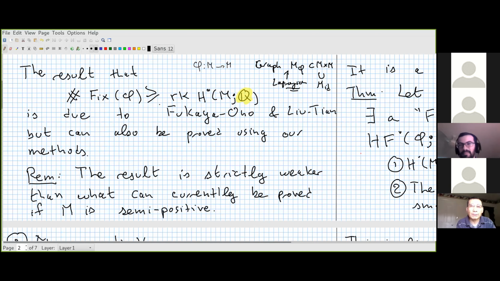Okay, that's the problem. Excuse me, is a Hamiltonian diffeomorphism the same as a symplectomorphism, or is it a different thing? It's the same as a symplectomorphism if M is simply connected, or if H1 of M is 0. Otherwise, it's a little bit different. It's like the difference between a function and a closed one-form. You can associate to a general symplectomorphism isotopic to the identity a closed one-form, and you want that one-form to be exact. And if that's the case, then it's Hamiltonian. Okay. Great. So, as I also write here, this is weaker than what we can prove in this semi-positive